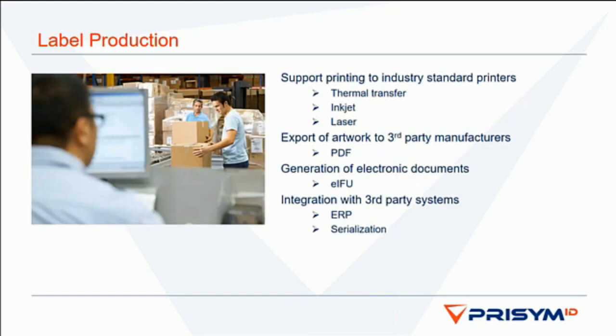Now, as important as all these things are, you've got to be able to produce the right thing at the right time with the right content. What is it that triggers the printing? You may have multi-stage print processes where the production data is staged and approved before printing. You may have a line control system that automatically triggers printing of labels and IFUs.